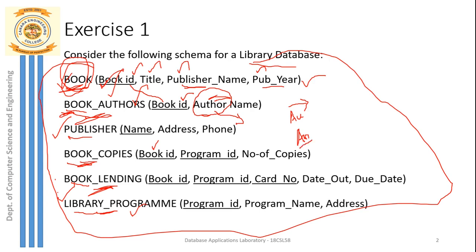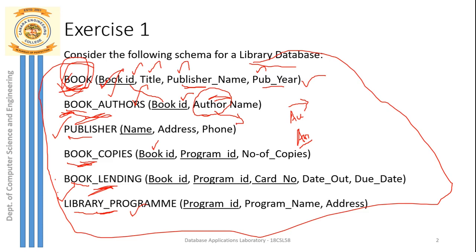Okay, so book authors is a relationship which relates the table book and the table author. So from the author table, author name is a primary key. So author name is referencing the author table, where you can see here author name is the one which is referencing the author name mentioned in the author table. Similarly, book ID is the attribute in book authors which is referencing the book ID that is already entered in the book table.